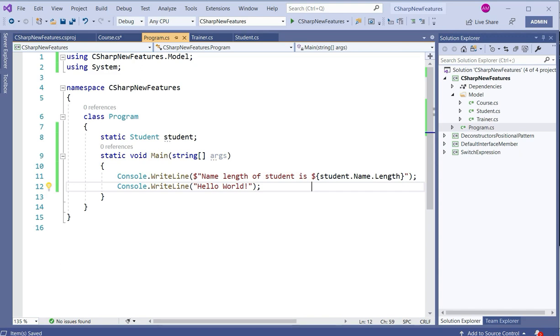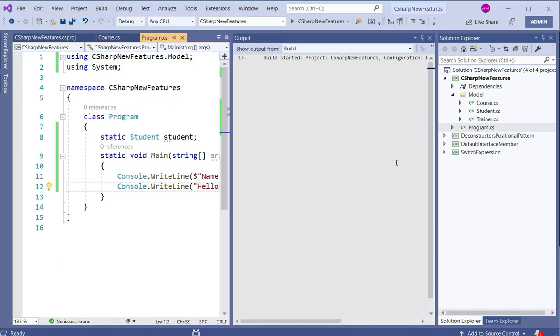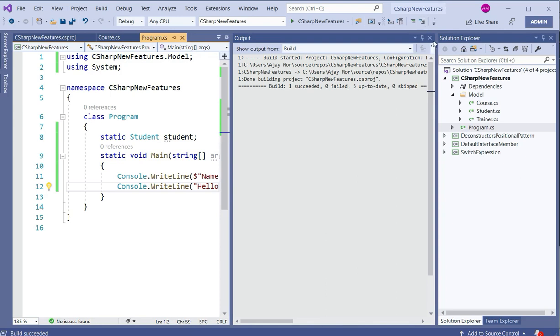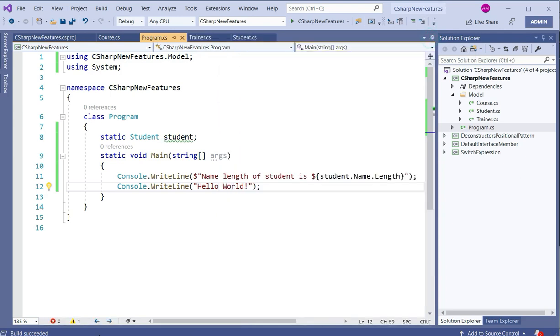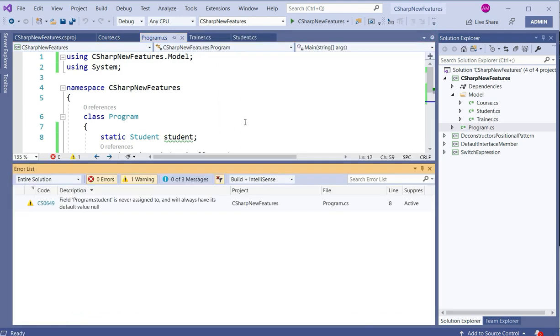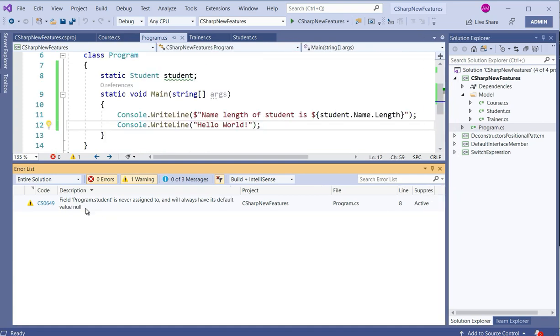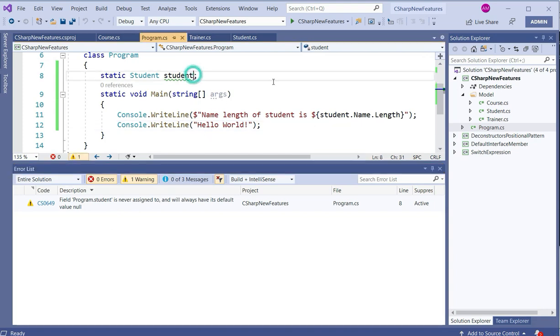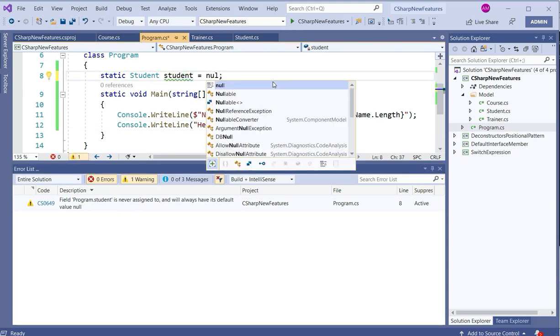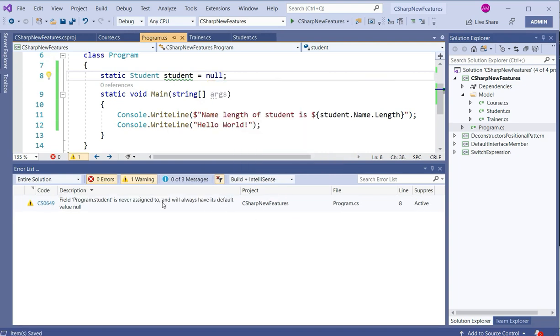So let's build it first, and what we see now is we just receive one warning, and this is not the kind of warning that we expected. It says that program.student is never assigned, so let's assign a null value, and it will disappear for sure.